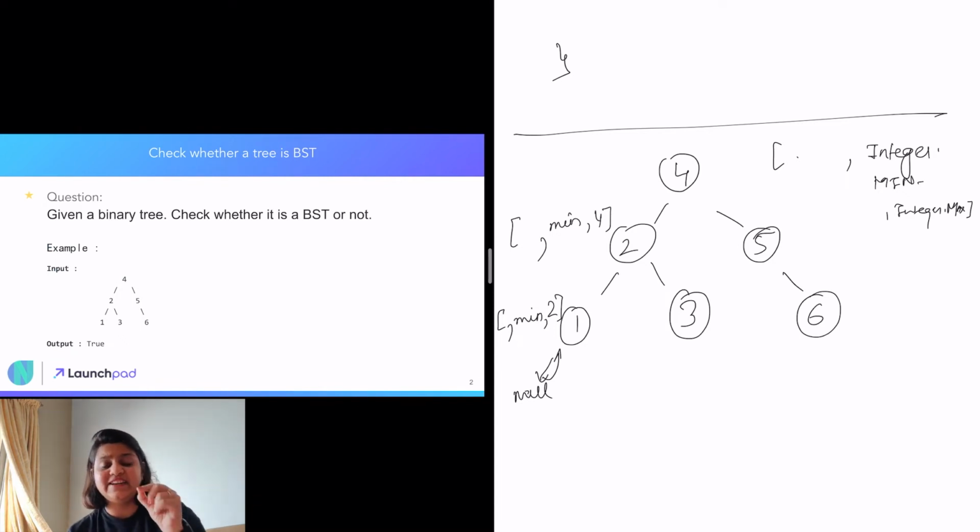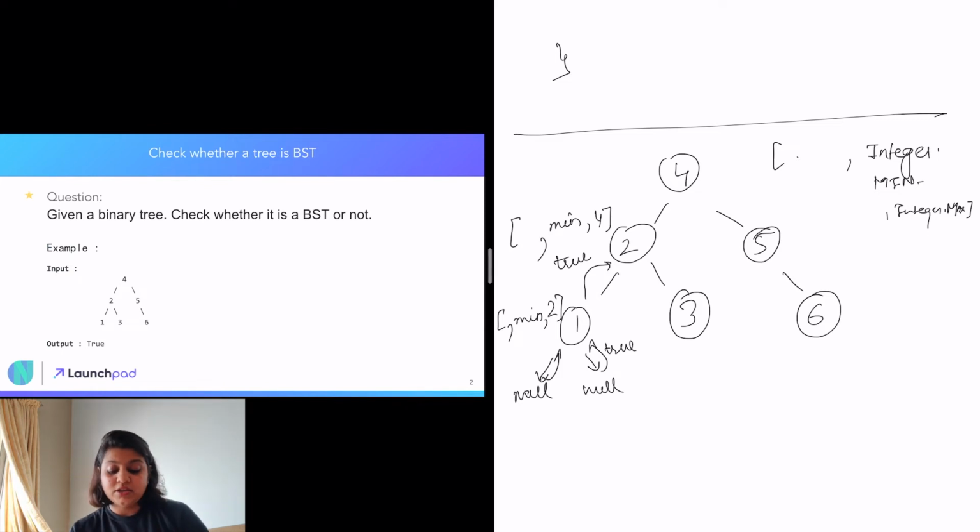Now since its left child is returning true, only then we'll check the right. If this would have returned false, that means our tree is not a binary search tree. Then we go to the right child, which is also null, so it will return true. Now since all the three conditions are met, our code will return true here.